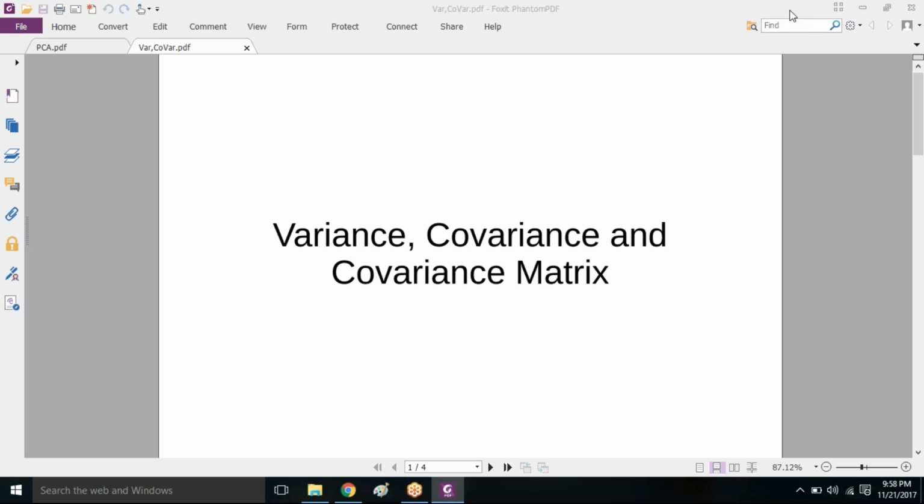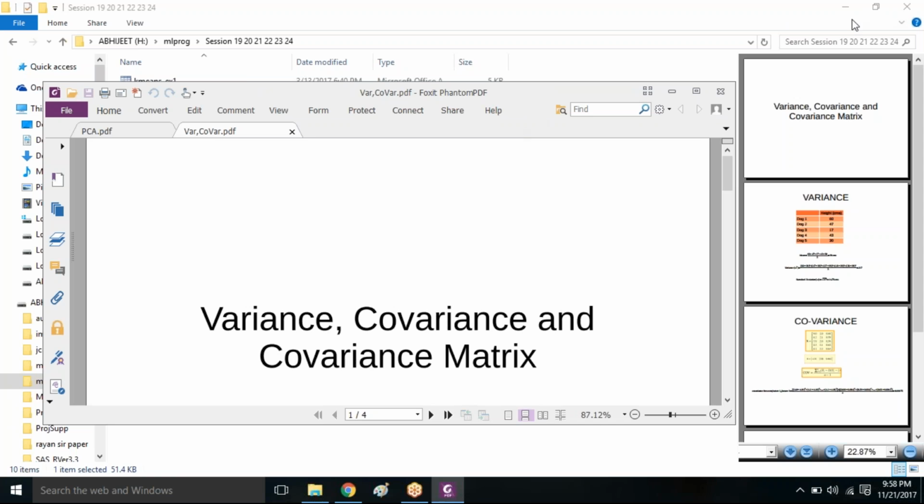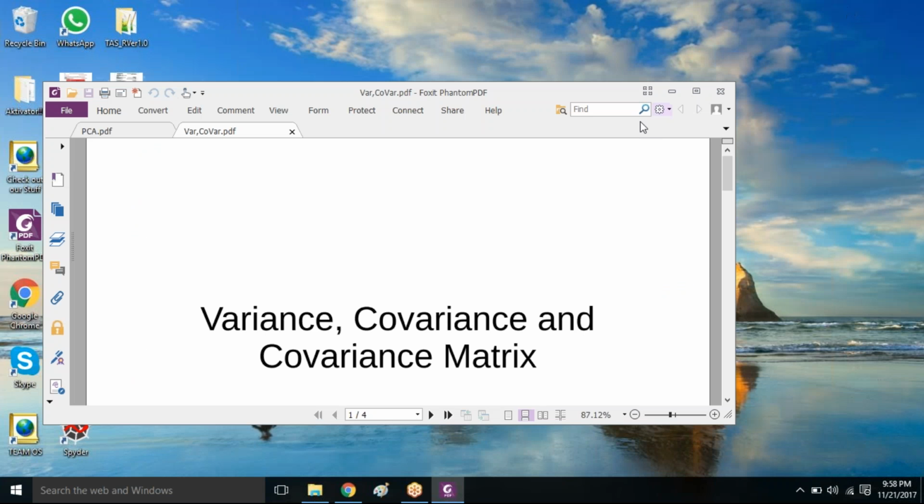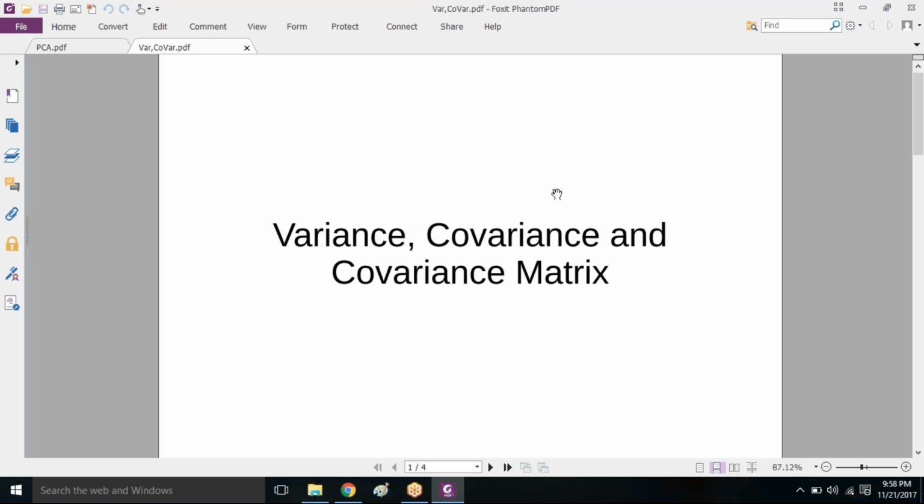Start PCA now, and before starting PCA, actually, I usually start with this topic called variance, covariance, and covariance matrix. So why are we studying these terminologies before? We have seen this terminology before also, I suppose. But again, we will be seeing these terminologies because PCA is based on this, and your PCA learning algorithm